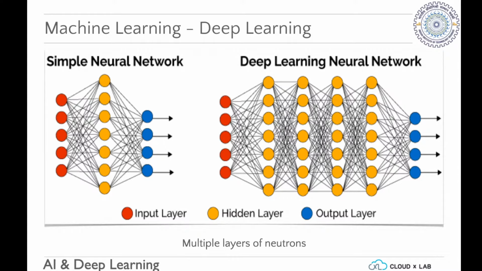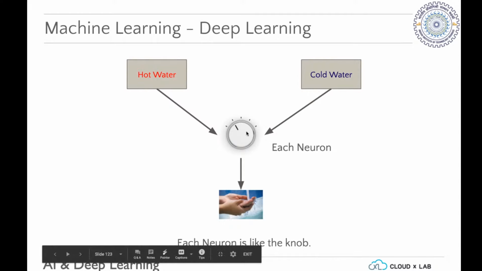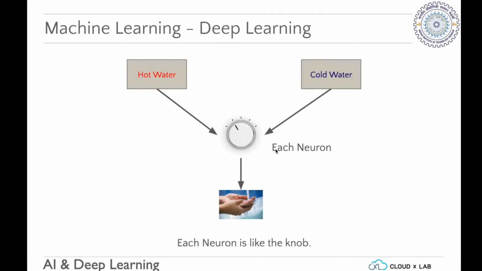So there's a bunch of questions on training. Yes, that is the core of it, and in some ways this is the easiest example of it, where each neuron is a knob, and these are the previous layers. So this is a very simple, single layer, single neuron ANN. So what you're doing is, just understand me. When you start, say with very hot water, you probably initialize in the middle. Okay, that's one of the golden rules.